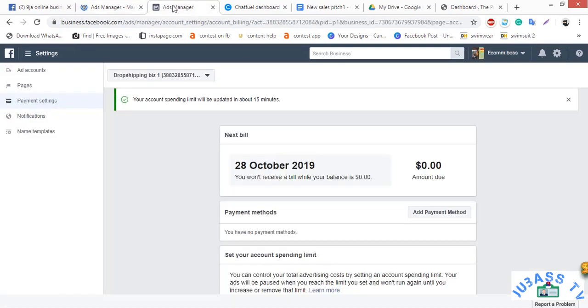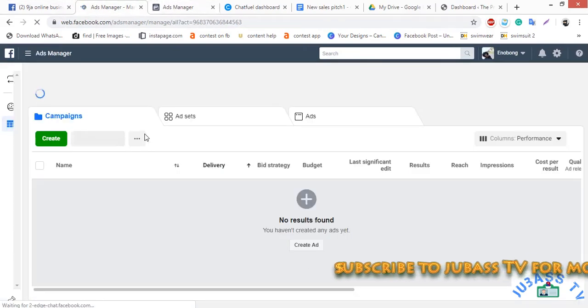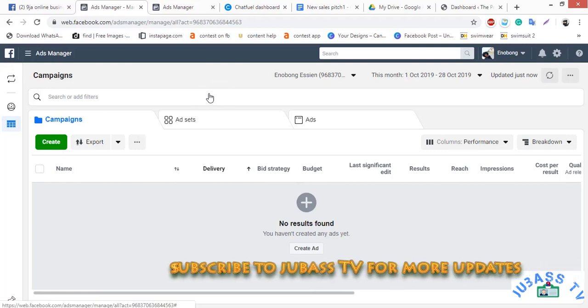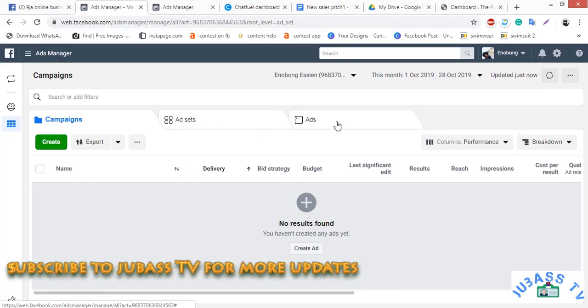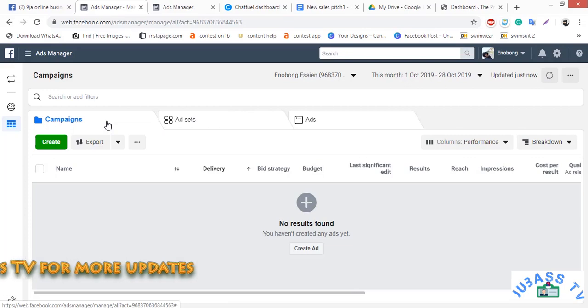This right here is my business manager, and I don't want to show anything on that yet. When you click on ads manager, this will pop up, and I haven't started creating anything with this ad account yet because it's still very new. So this is what happens when you go to ads manager.